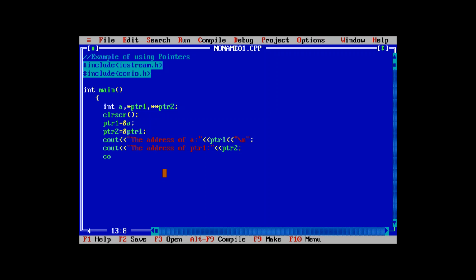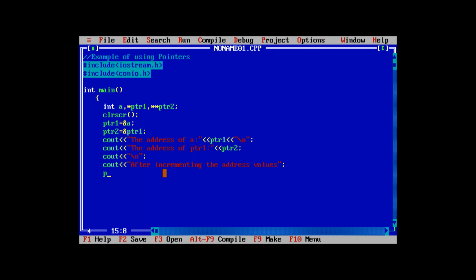Then cout to move to the next line, then cout that is after incrementing the address values,